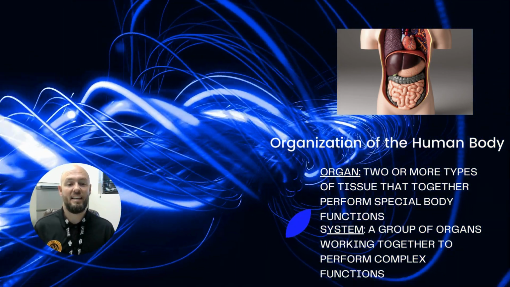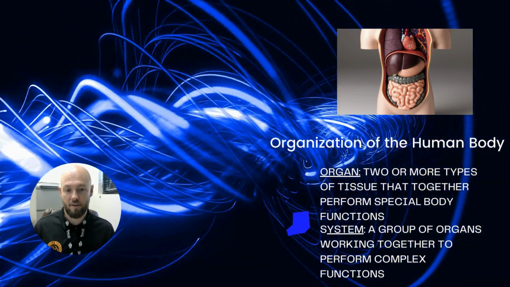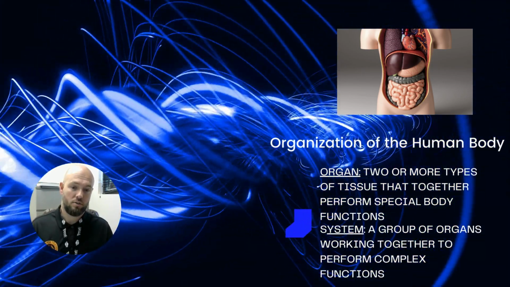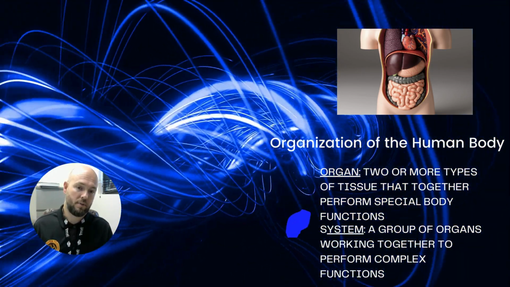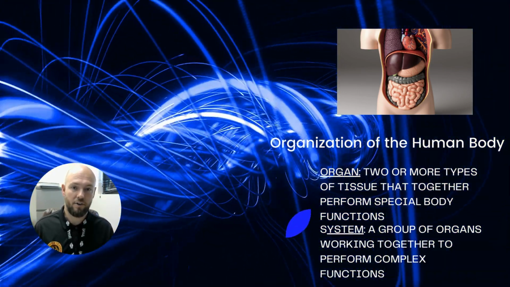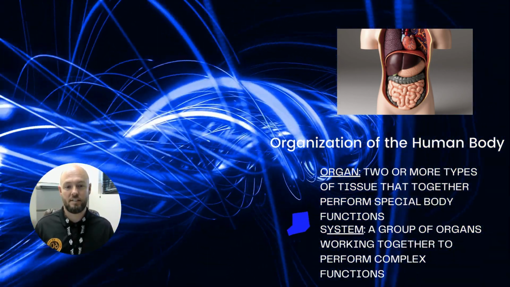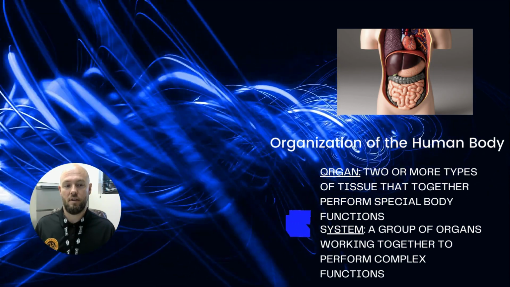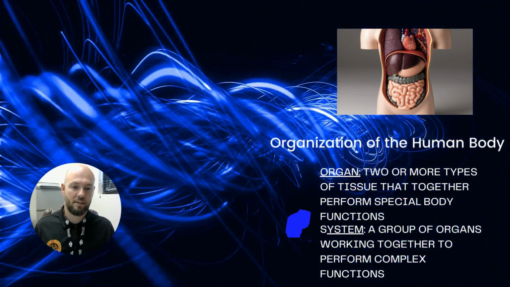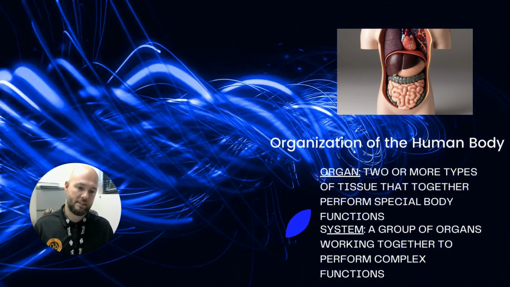A kidney is only part of a whole body system, which would be your urinary system. Your urinary system is made up of a group of organs. So the urinary system contains your kidneys, your ureters, your bladder, your urethra, your external genitalia. All of that stuff, those different organs form a body system. So it's like building blocks. Cells make up tissues, tissues make up organs, organs make up body systems.